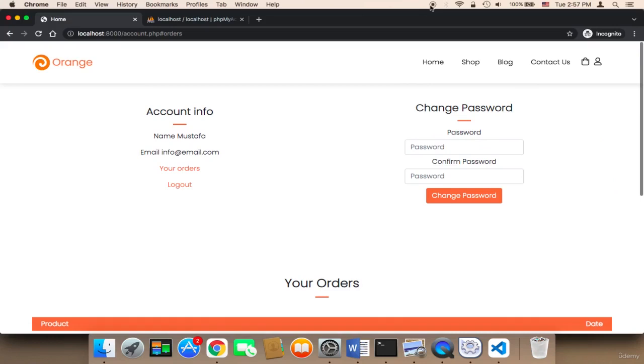And now what we want to do is display messages. In order to display messages above the form, here above this form, I'm going to display two P tags. The first P tag is going to be for the errors, and the second one will be for success messages. So here I'm going to say class text center, and the style color is going to be red, and in between I'm going to say PHP,